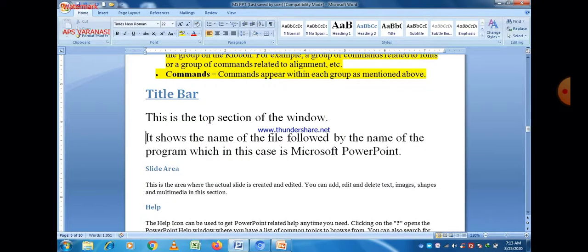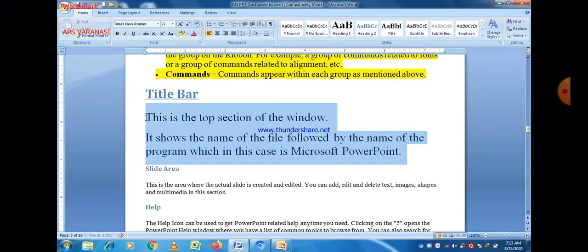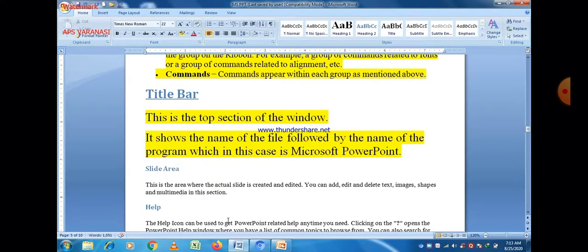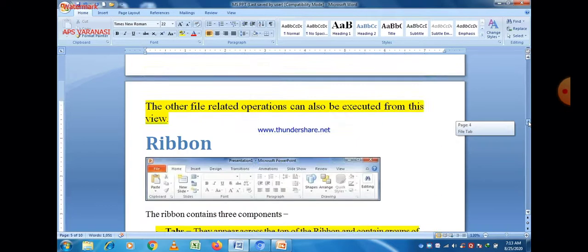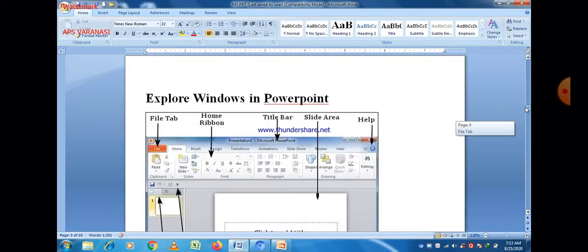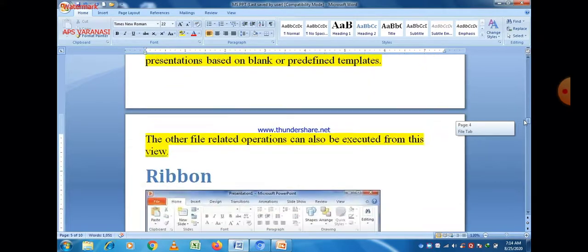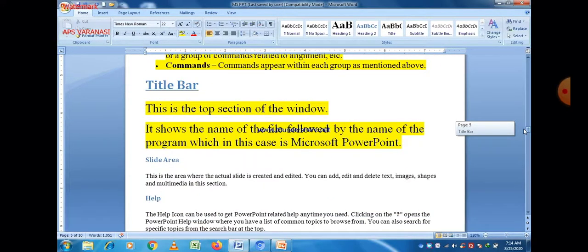You can easily see the title bar on the screen, with the name of the file and the name of the program.